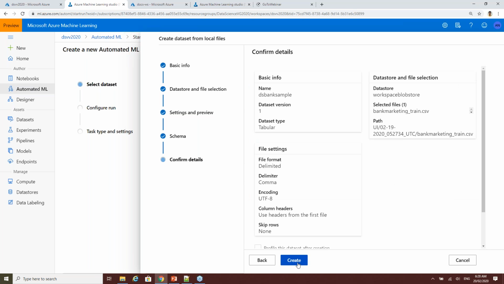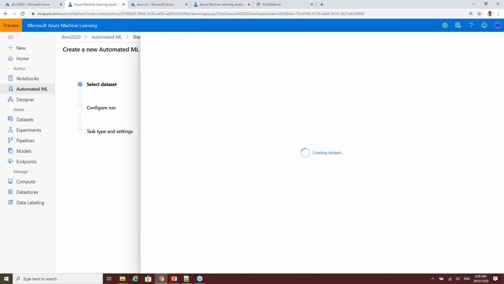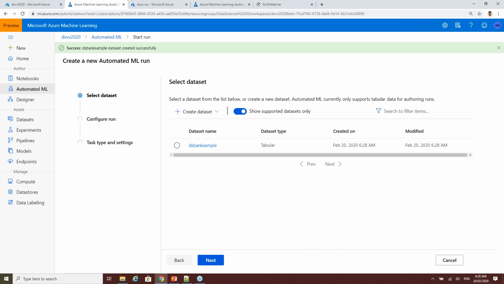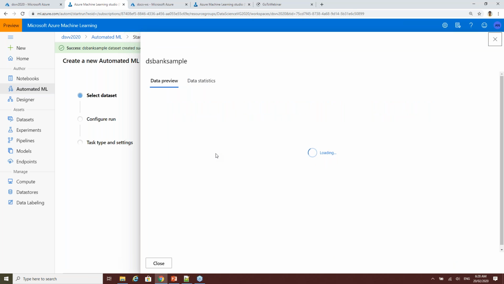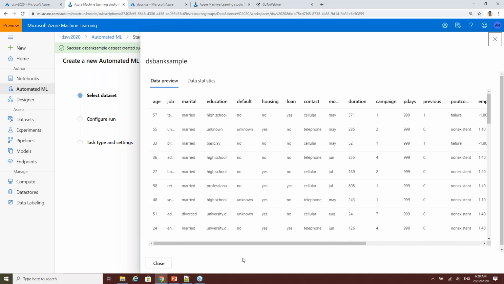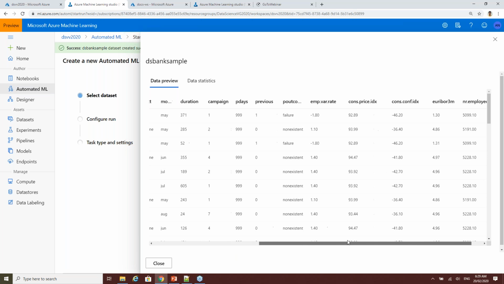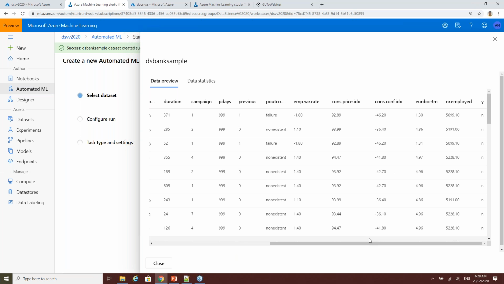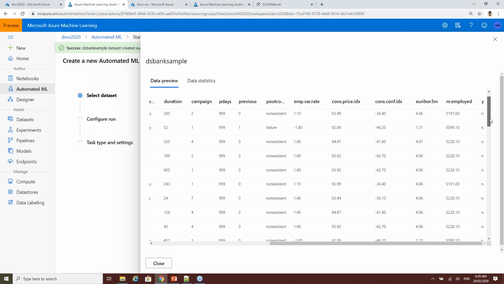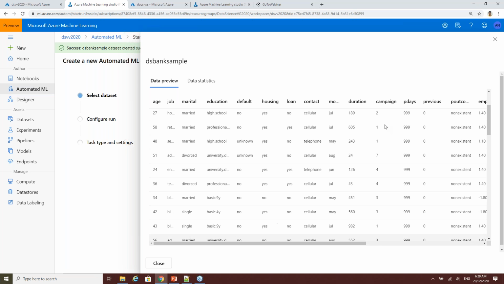So finally, I've got my data set ready. I'll go ahead and create it. So this is going to go ahead and create my data sample, which is now available for me to utilize. Once the data is created, I can just click here to see a preview of my data source. So this will allow you to confirm that the columns that I excluded are not appearing anymore, which is good. And this Y column is actually my prediction. So this is like, is this person going to apply for a fixed deposit or not. So that's what I'm trying to predict.